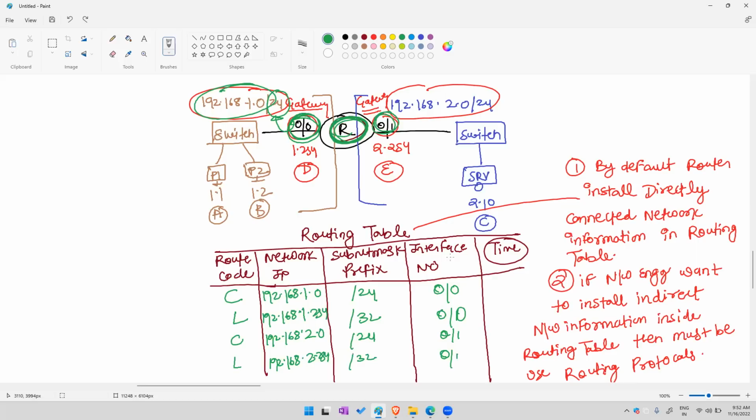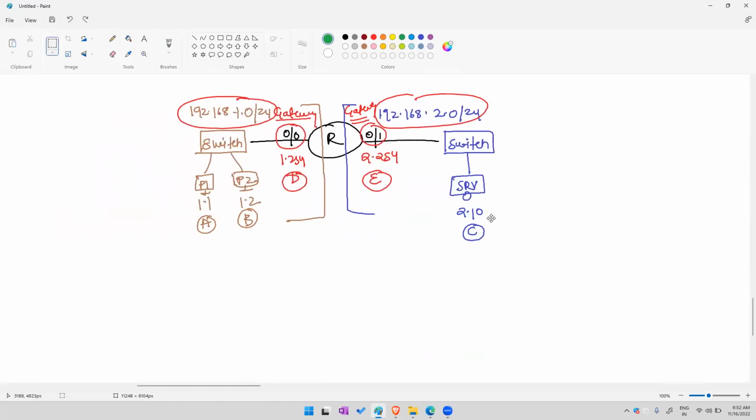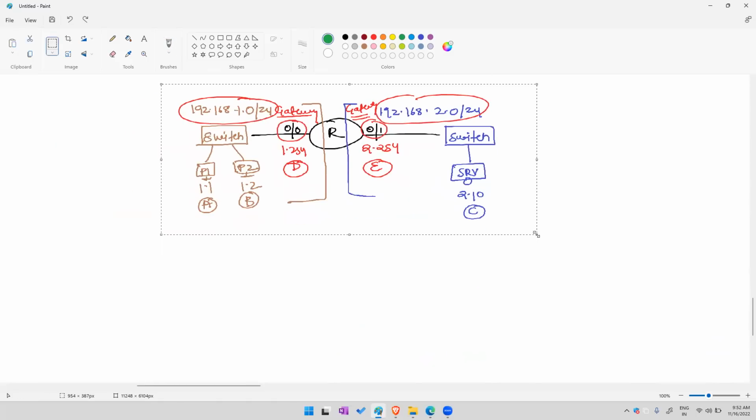Okay, so it takes the interface and the gateway. Yes, the interface as a gateway. So it stores that also. Now, one more thing, same design we are using, but now how many tables are already installed